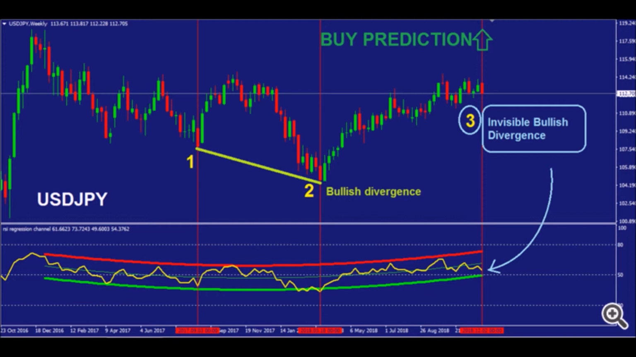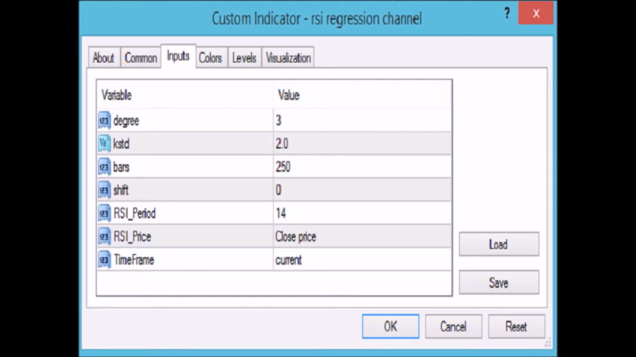Here's a screenshot of the trade that we took with that indicator. Divergence of USD, USD Japanese yen. Both trades are